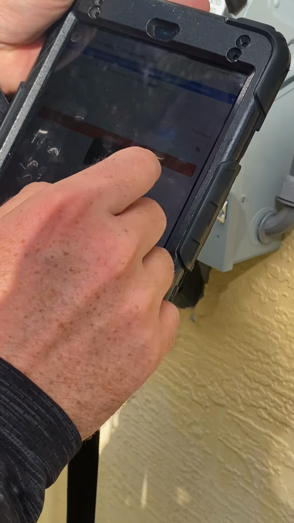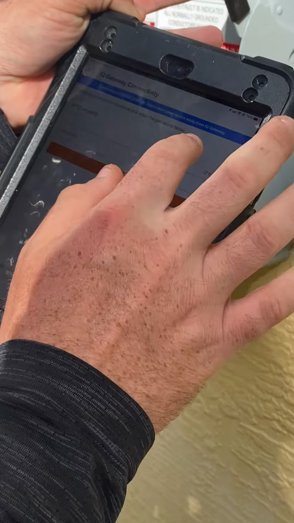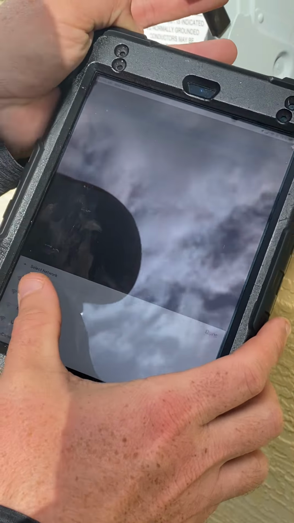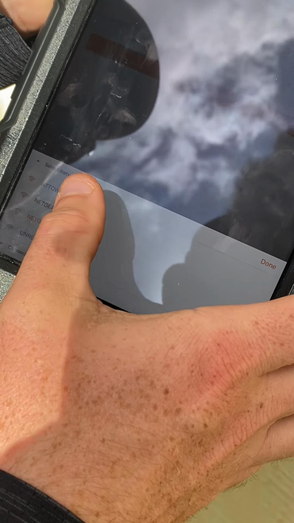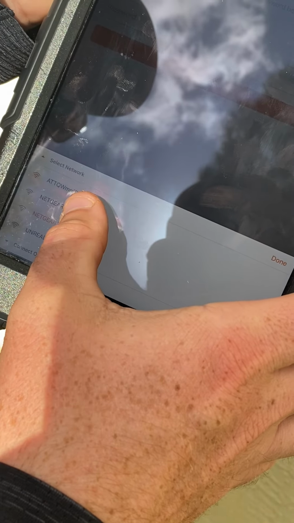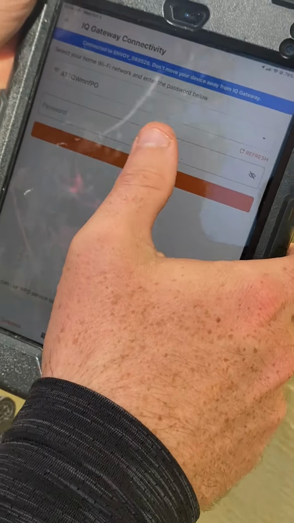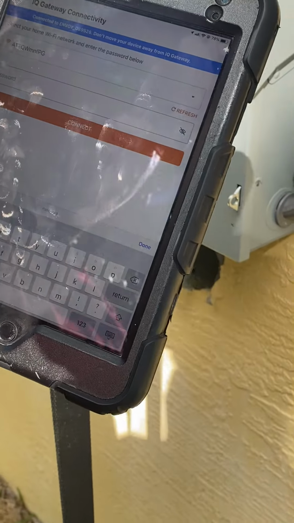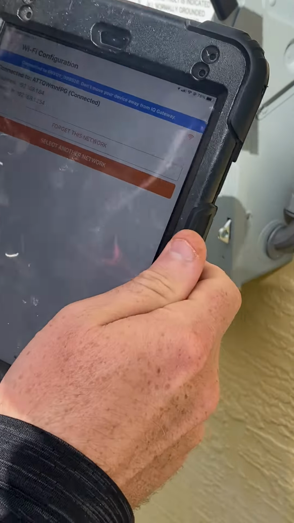Select another network. It will go just like this. So you get the network name, make sure it should pop up probably with the most bandwidth. So this particular instance, this customer's network name ends in the last 2 letters PG. That's their network there. You click on that, push done, and then you enter their password there. It's just like you would do at home. Once you get connected to that,